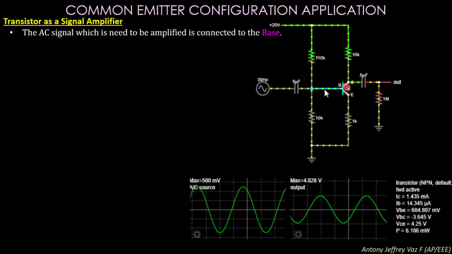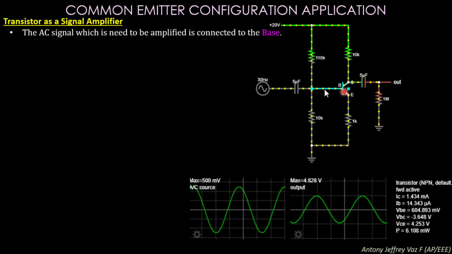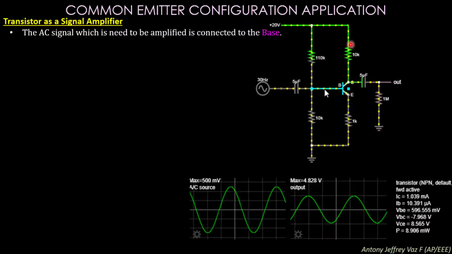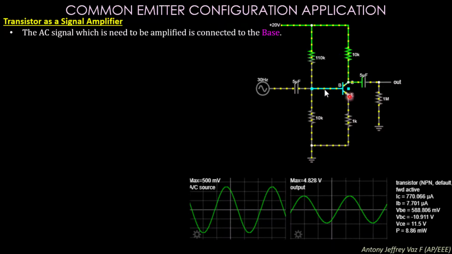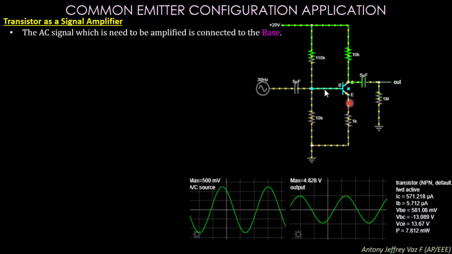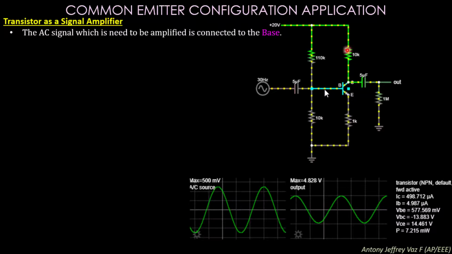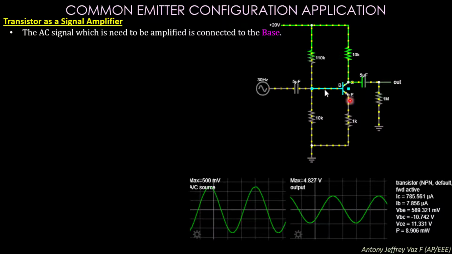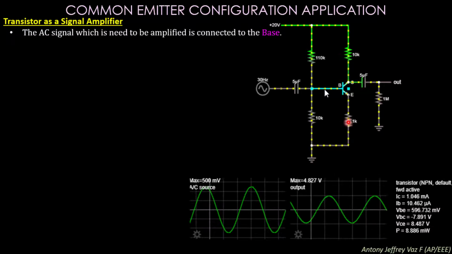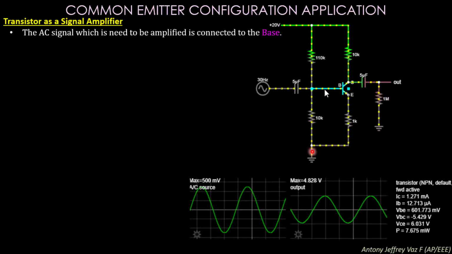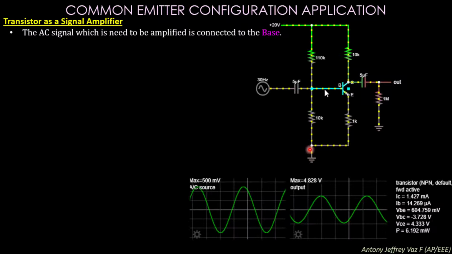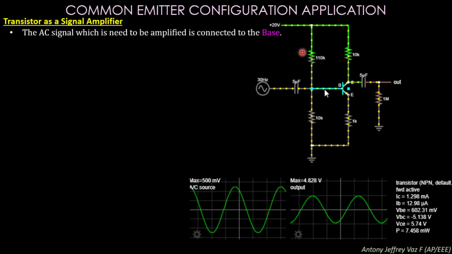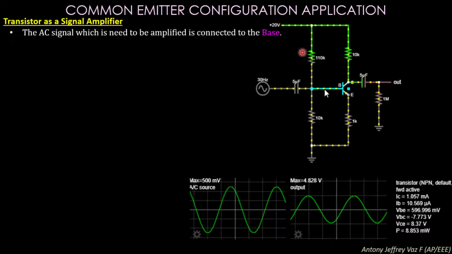Okay, so similar to that of a switch, you have components such as the two resistances. One is above and one is below the collector and emitter terminals. After that, this is connected to the 20 volt supply, and this emitter is connected through a 1 kilo ohm resistance and it is grounded. In the next case, for the base, you are going to apply the AC signal.